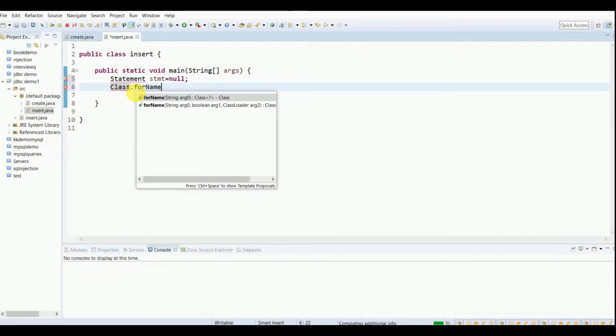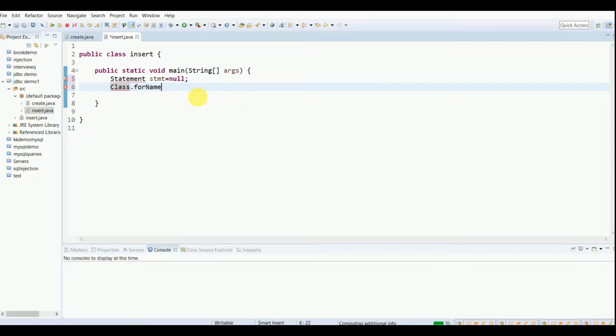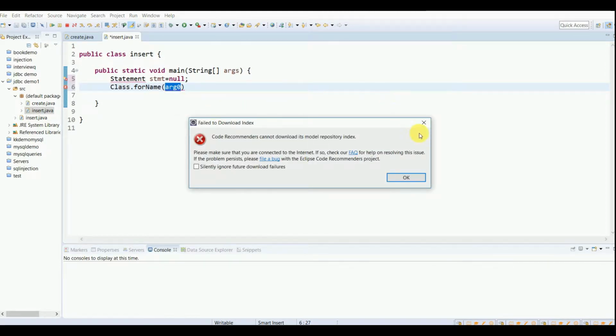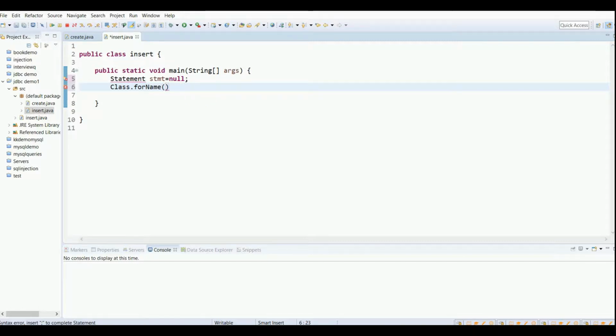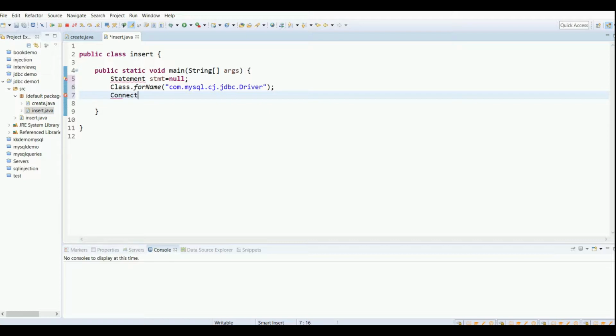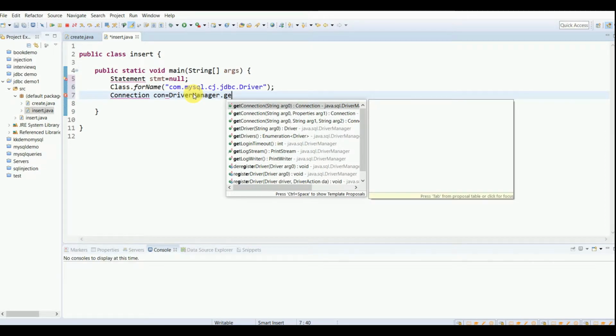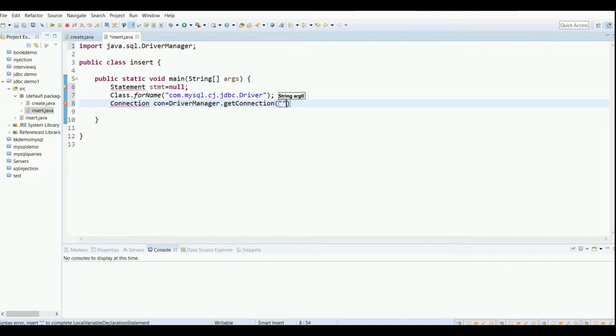So this is Class.forName. Here you will have to write com.mysql.cj.jdbc.Driver in double quotes. Remember, the D in Driver is capital. Then create an object of connection. I'm creating an object as con, then DriverManager.getConnection, and in there we have to pass the